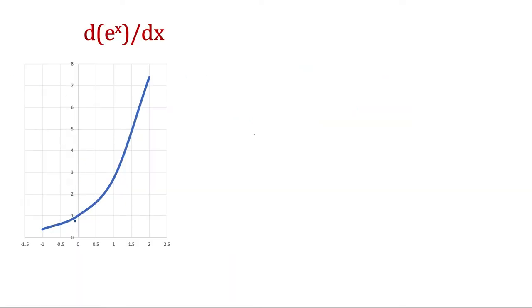So if you see the curve of this, at 0 it's 1, and that is as expected because e raised to the power of 0 should be 1. And if you try to draw the tangent at this point 1, it will be something like that. So you see this is 1, and you will notice that this slope is 1 at x equal to 0. So d by dx of e^x at x equal to 0 is 1, and e^0